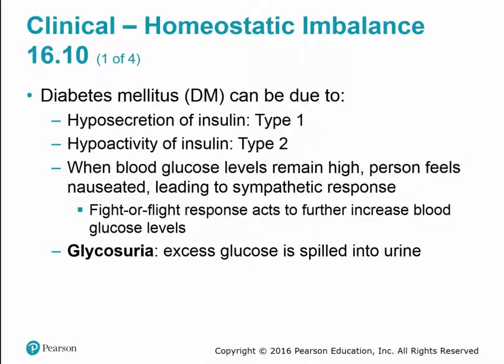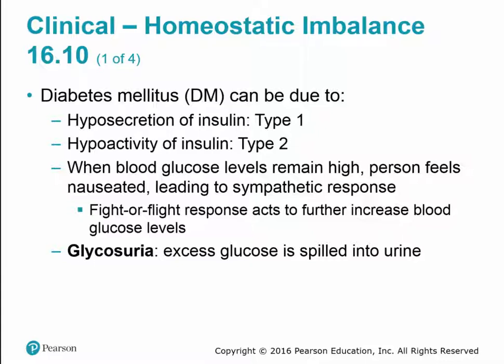So ultimately, when blood glucose levels remain elevated, the person can feel nauseated, which could then trigger a sympathetic fight or flight response, which could then act to further increase blood glucose levels. So kind of a snowball effect. One of the symptoms of diabetes is glycosuria, which would be where excess glucose is spilled into the urine. So the kidneys can only filter out so much, the blood can only handle so much sugar. So any excess is going to be filtered out into the urine